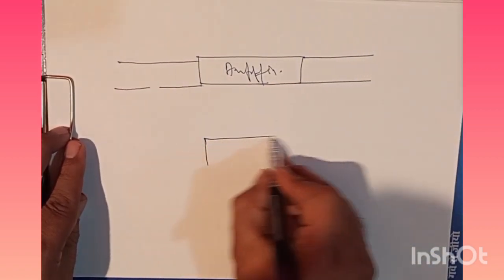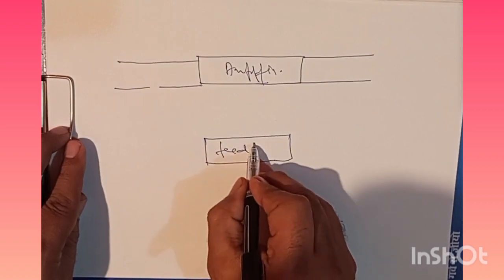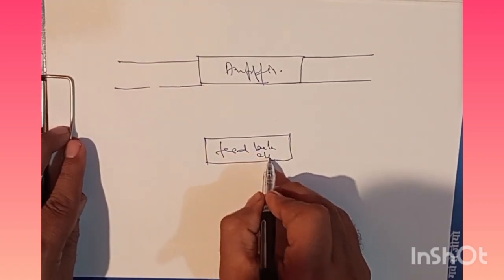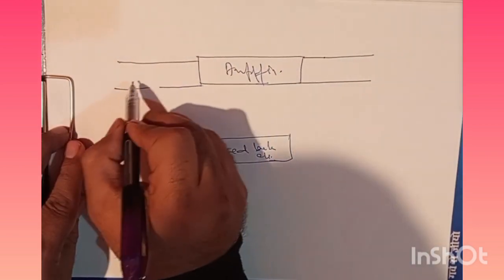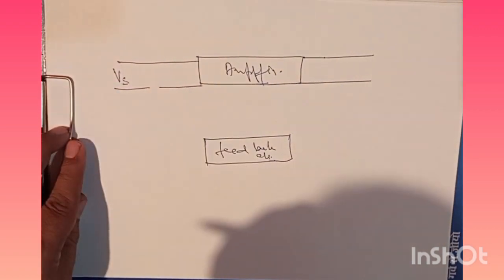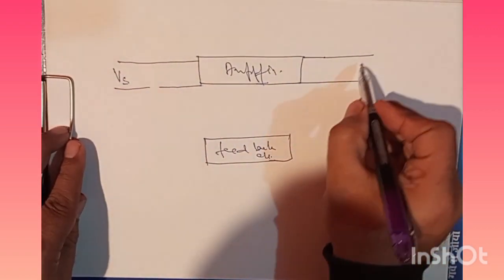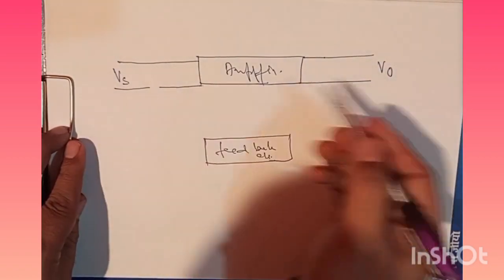Then we have a feedback circuit, and say we have signal voltage Vs here, and here we have Vo, and there must be some gain